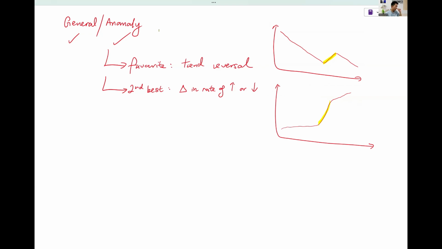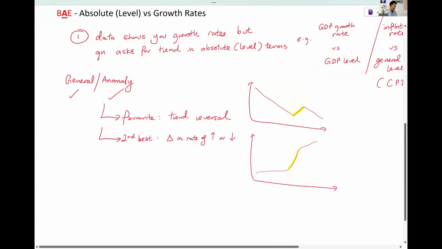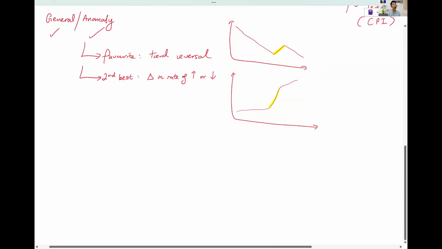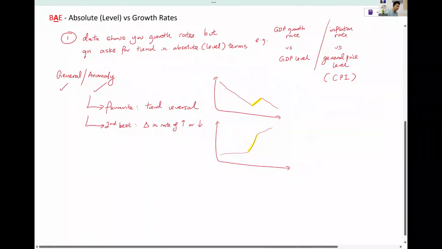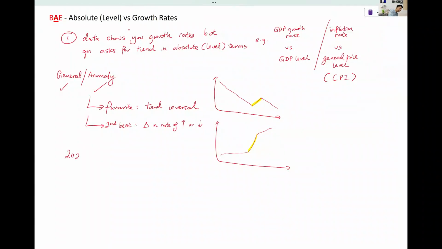All right. So we are talking about trend questions now. So when you look at anomaly, if you can't find a trend reversal, never mind. A change in the rate of increase or decrease suffices as well. Okay, like in this case, they'll say, oh, within this period, increase at an increasing rate. Okay, so with that as the backdrop, now you all try it out. I'll give you some numbers. Very easy numbers. Once again,